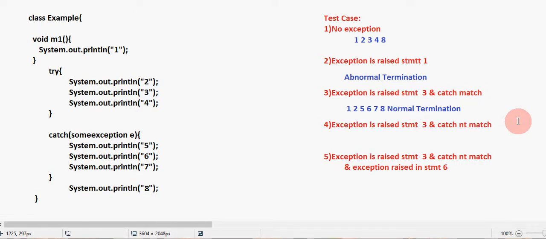If the exception rises in statement 3 and a matching catch block is not found, what is the execution process? As usual, control comes to the class and enters the main method, and it prints the first statement, 1. Then control comes to the try block, and it prints statement 2, and statement 3